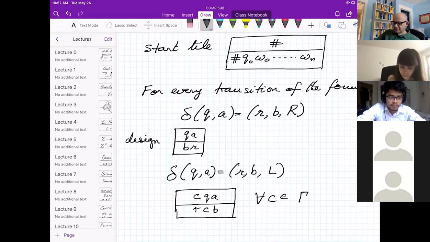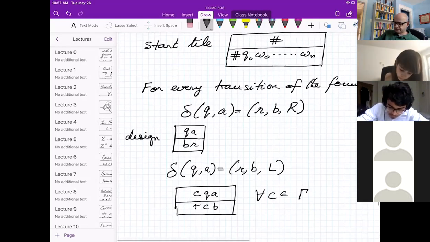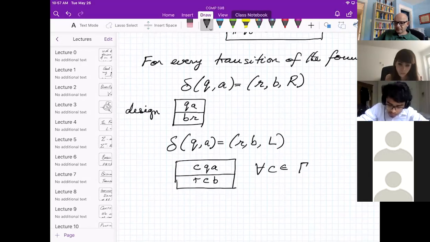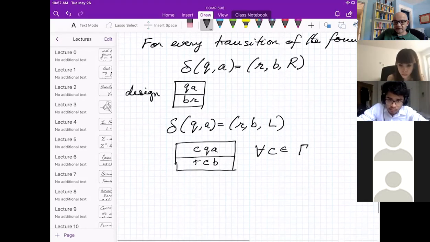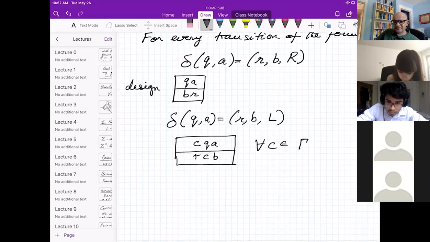And so now it's just in front of this letter C that used to be to its left before. And I don't know before what was on the left. So for every possible thing that could be on the left, I have to put in such a tile. Okay, that's pretty much the crucial steps we need. So now for every A in sigma, we make tiles of this form.